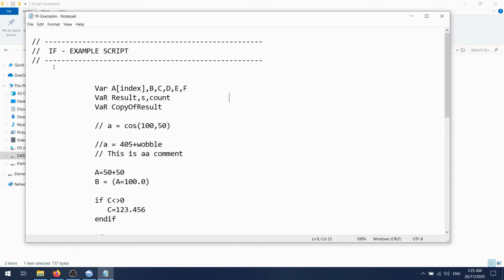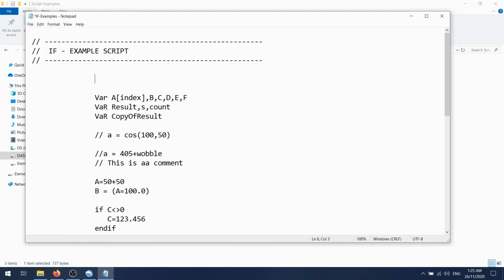It would load this all into a string, and then I can treat A as if it's an array by declaring A like this, even though it's not an array. I could go var A1, A2, A3, sorry, put A0 in there as well.